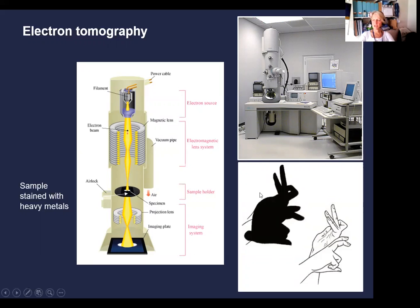What we're aiming to do is basically, if you consider this a normal two-dimensional electron micrograph, like a shadow figure, with 3D tomography we're looking to see how all those structures within the shadow make up the outline, so we can see in much more detail. And the beauty of it for us is we use our own electron microscope, which is tomography enabled, and we use the same brushing sample from the primary sample that we did. So we've stored that, and we can use it to